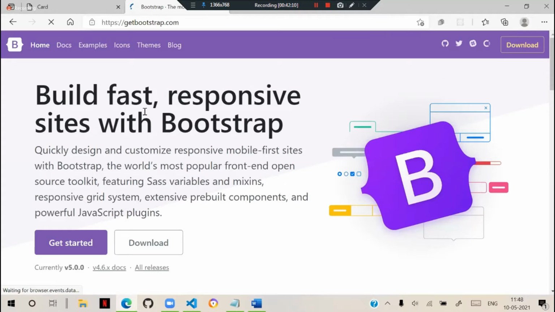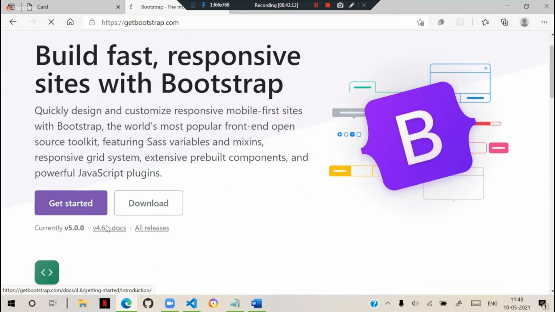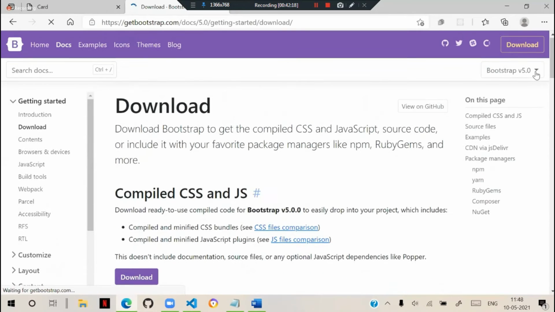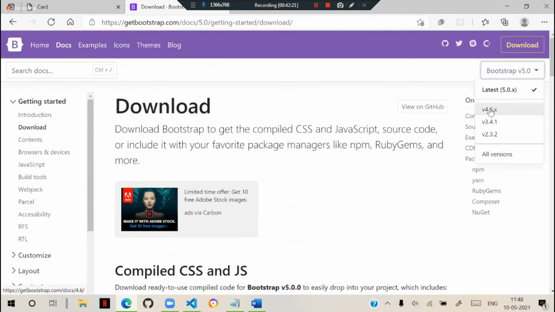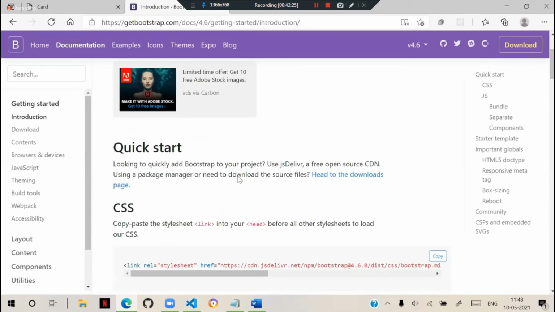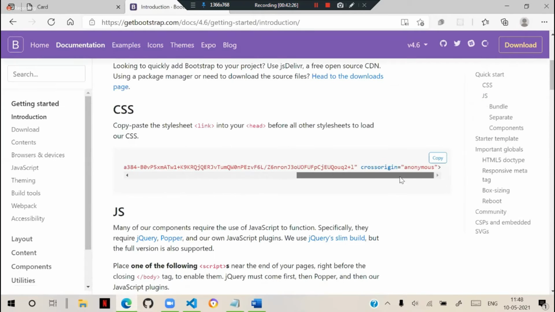In that Bootstrap, you see this is Bootstrap 6 version there. In the download, you will get it here. The version on the right side corner is 5. Go to the 4.6 version, and here copy this CDN. This is the CDN of 4.6, the old version.